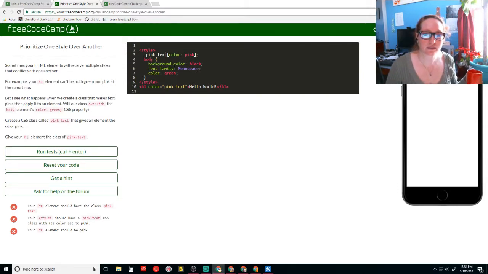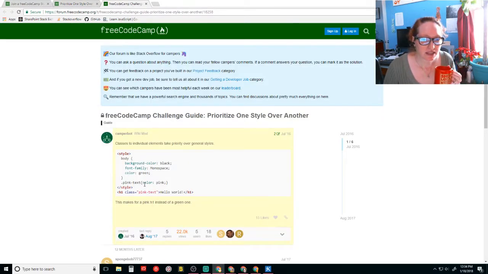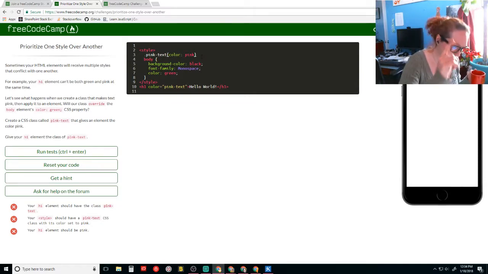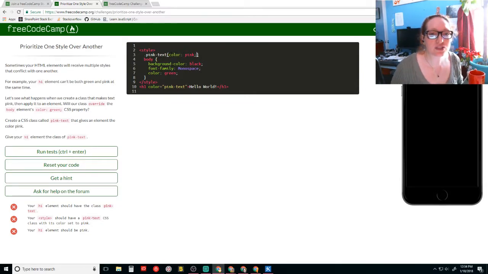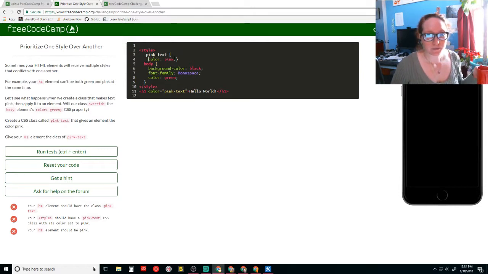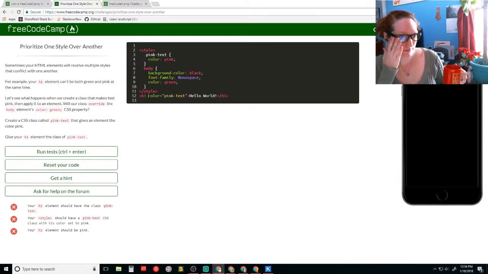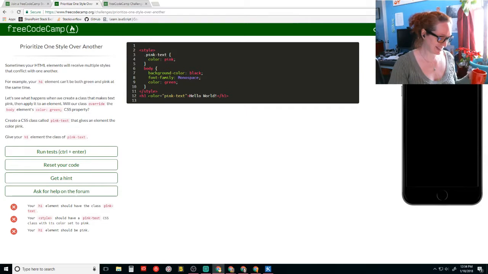Is that right? No, I fucked something else up too. Pink text, color pink. Yeah. Oh! Okay, there's a colon inside that. There should be one inside, not at the end. Inside. Because it should actually be like this. This is why I wasn't using the same format. God damn it. This, and this, and this. So that it always looks the same. That helps me a lot. And then in here, it's because I'm pretty, yeah.